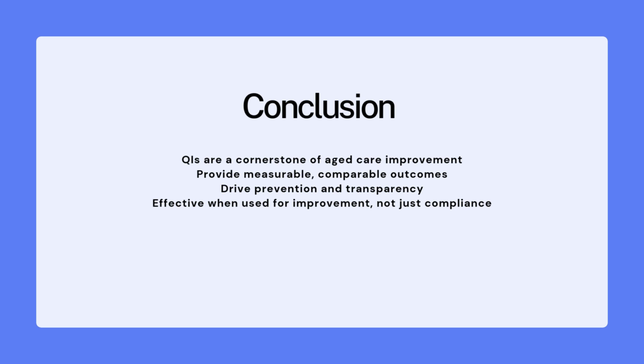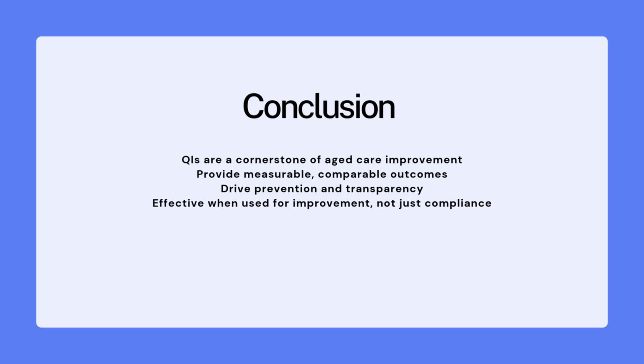In conclusion, the National Aged Care Quality Indicator Program is a cornerstone of continuous improvement in residential aged care. It provides measurable, transparent data on key risks, supports proactive interventions, and empowers both providers and consumers. Although it faces challenges with accuracy, context, and scope, its overall effectiveness is significant, particularly when embedded in a culture